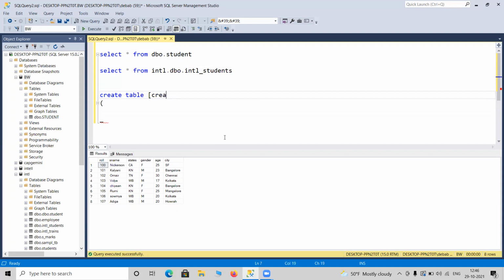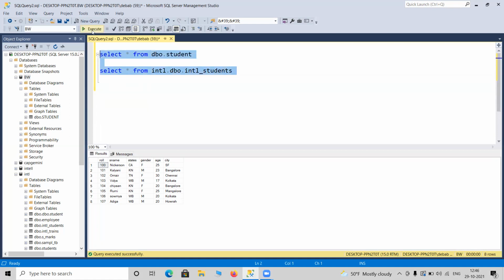For such odd names you can use brackets. Even if you want a table name with a space inside, like students table, the name should be written like this. If you do not give the brackets, it cannot be created. So you can use this kind of odd name with the square brackets. Anyway, that is not my purpose to show today.